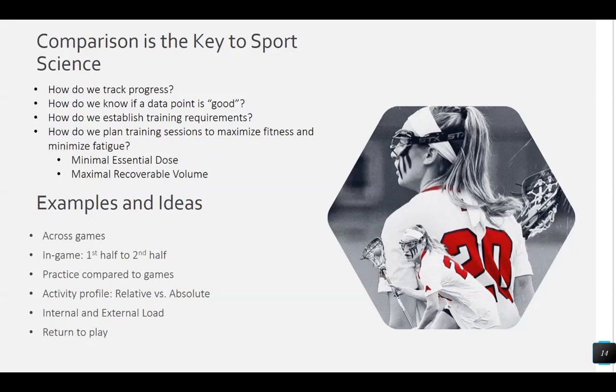So that gets into some of the concepts that I'm just kind of mentioning and bringing up here: minimal essential dose. If we are doing more work, more training volume than is necessary to elicit the adaptations that we're looking for, really what we're doing is we're not getting any extra physiological benefit, but we are creating more fatigue. So that goes into the maximal recoverable volume concept, where we take a look and say, okay, how much can we do where we can still recover from it and be better for it, versus if we